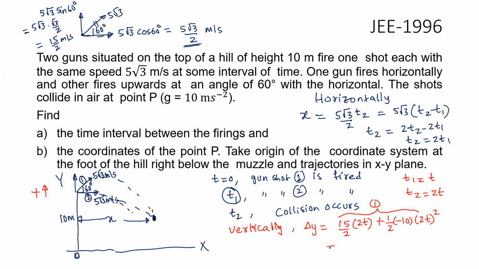Now if I look at the second one, there is no horizontal, so there is no vertical velocity, so that's 0. I'll simply write half at square, so minus 10, and then t square. Okay, so this is for second particle. Okay, guys, are you okay? What I have written here, the vertical displacement should be same. Siddharth, are you okay with this? Abhiram, are you okay with this?